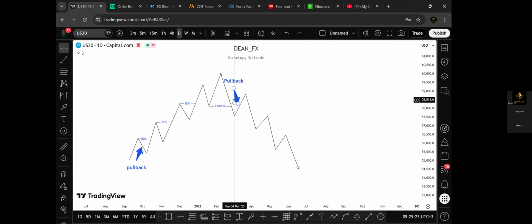So the pullback move happens very slowly. I'll give you another sample that shows these pullback moves and how we configure it in the lower time frame, combining it, using it in the higher time frame as your advantage. So as we shift to the bearish market, you can see we have